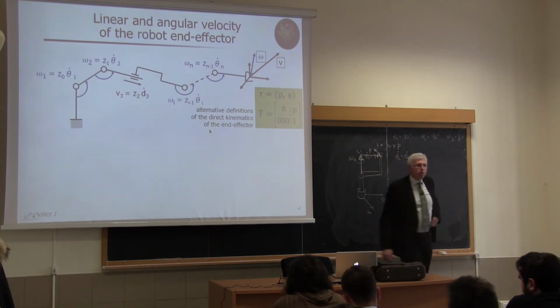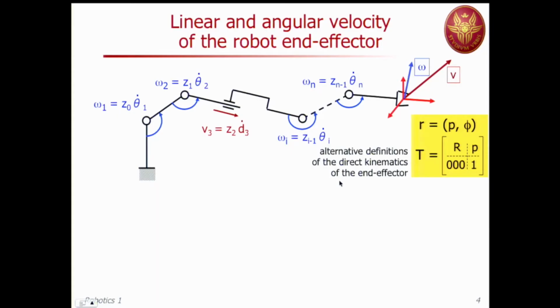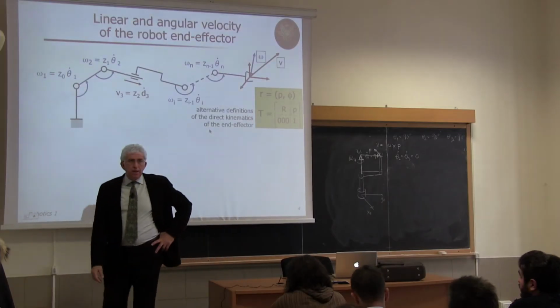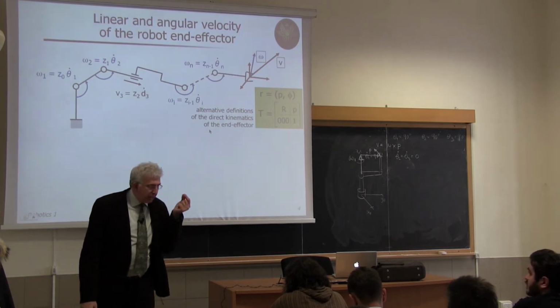Okay, so now what is our situation? This is a typical slide that I use. A chain of bodies connected by elementary joints. The bodies are rigid. The joints can be only of 2 types, either revolute or prismatic, and now we know this very well. And then when I'm giving some velocity to the joint, which means I'm giving a scalar value,